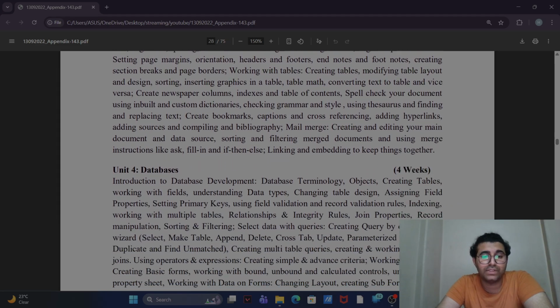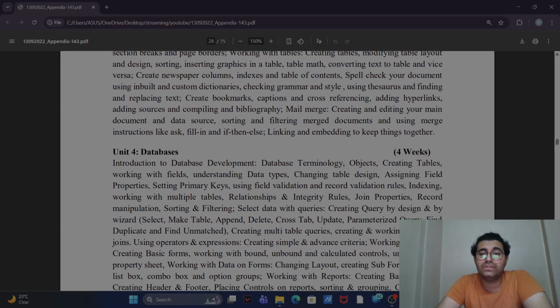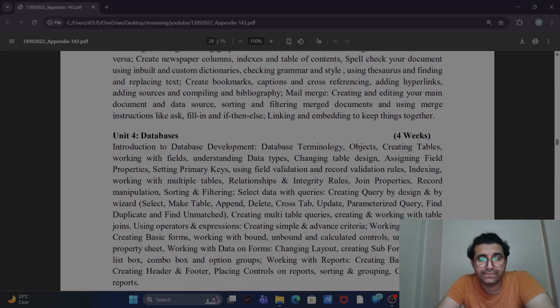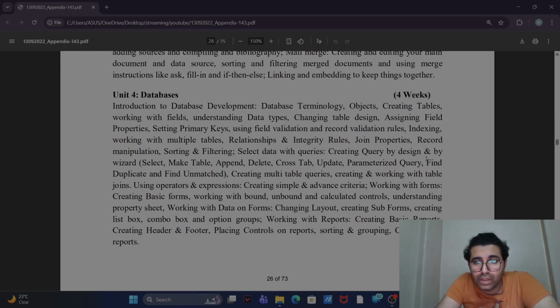Unit 4, Databases. Introduction to database development, database terminology, objects, creating tables, working with fields, understanding data types, changing table design, assigning field properties, setting primary keys, using field validation and recording validation rules, indexing, data manipulation, sorting, working with multiple tables, relationships and integrity rules, join properties, record manipulation, sorting and filtering, select data with